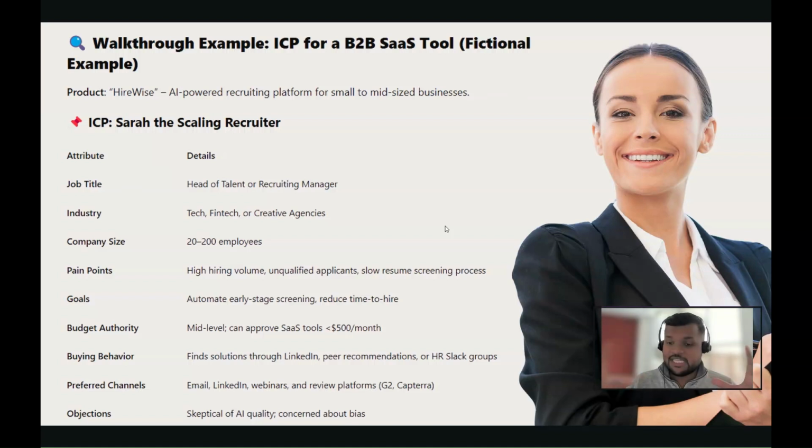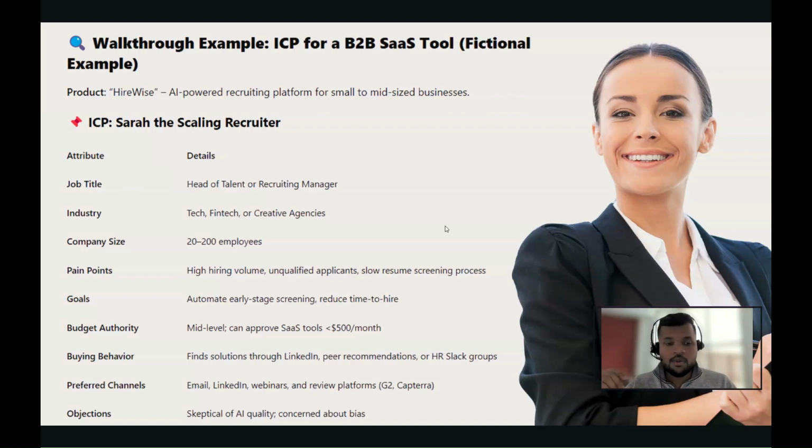So if these pain points are being experienced by this person, and you're providing the HireWise solution, which is going to be AI based, that helps you sift through thousands of resumes very quickly, can do a text match, and generate a lot of qualified candidates instead of unqualified, then you already have a great solution in your hand. So that's why identifying these pain points and listing them is very important to build your ICP. It's also helpful for building features for your products.